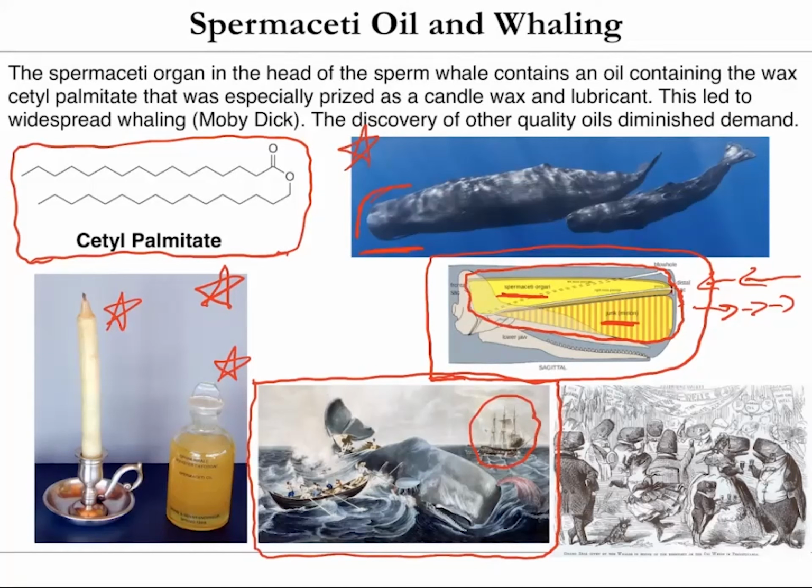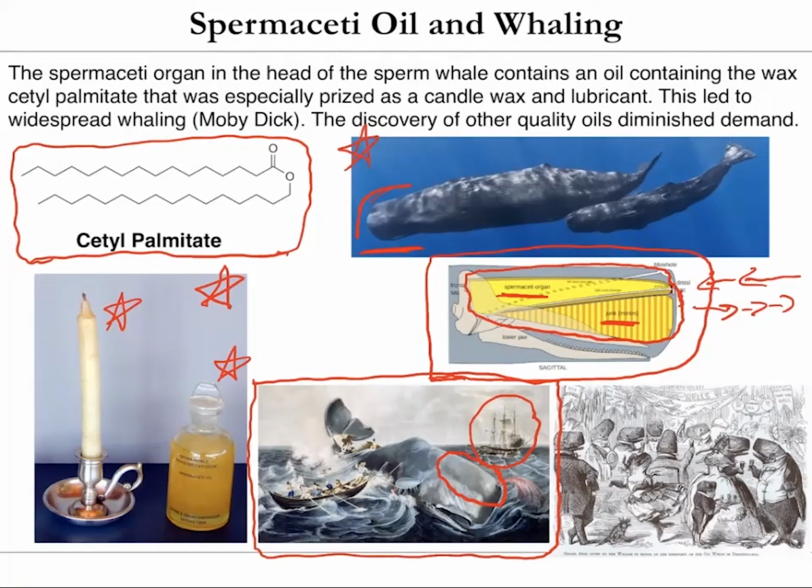Actually, they're quite easy to kill because they were just coming up for breaths, these sperm whales. You could get blubber and all sorts of meat and stuff from the sperm whales, but what was most prized was this wax that was in the head of these sperm whales. That was basically just lifted out of the sperm whale head and put into these huge buckets and then processed on ship. So this really almost led to the depletion of a lot of sperm whale stocks all across